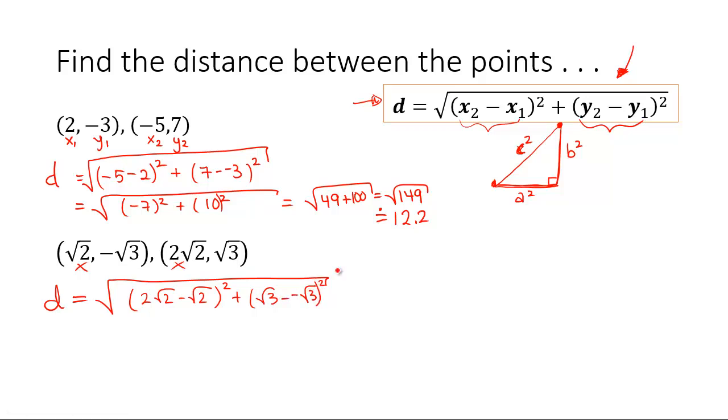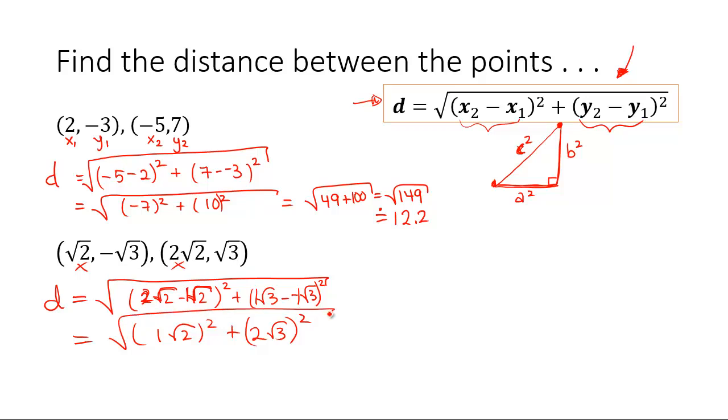Now, adding and subtracting roots is coming up in the next videos, so look those up if you're not sure, but you should be able to see that. If you have 2 root 2's minus 1 root 2, that is the same as 1 root 2, because 2 minus 1 is 1. And then 1 root 3 plus 1 root 3 will be 2 root 3